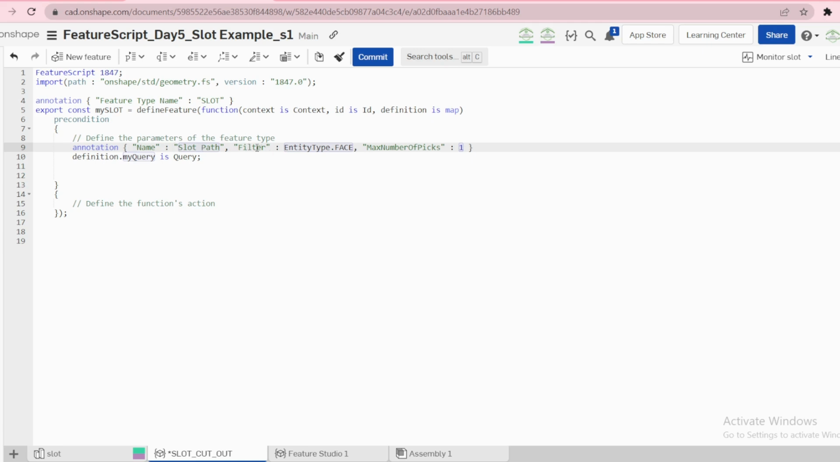Filter, the entity that I should select, entity type will be an edge. Therefore, I have to use an edge. Edge is like a sketch line. I can use an arc, still an edge. I don't have limits on the number of edges. I want to use one for now. Once I select the edge for the entity type,